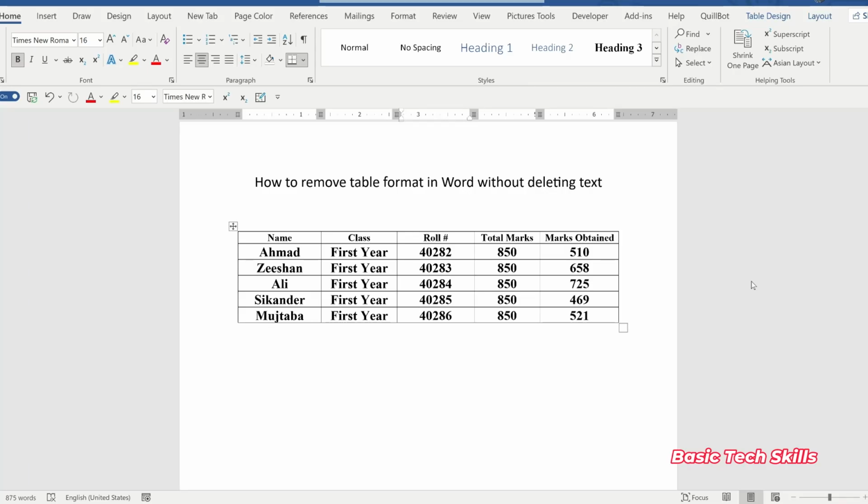Hello, in this video I will show you how to remove table format in Word without deleting text. For example, in this table, if you want to keep the text and remove the table, so what you have